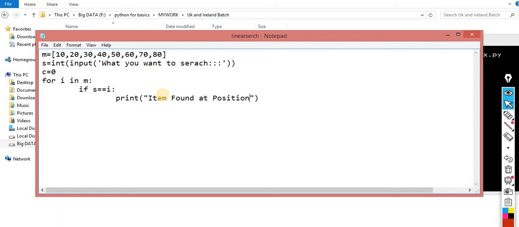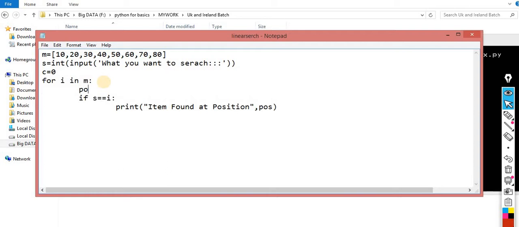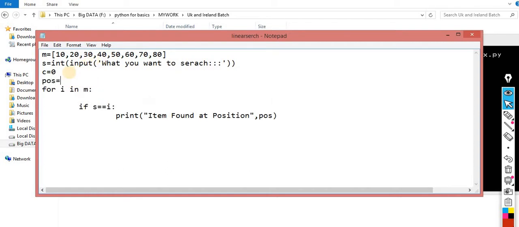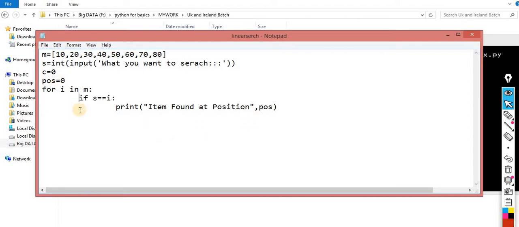You have to print a position. At the starting, when this loop starts, the position is 0. As the loop increases, the position also increases, so POS plus equals 1, incremented by 1.